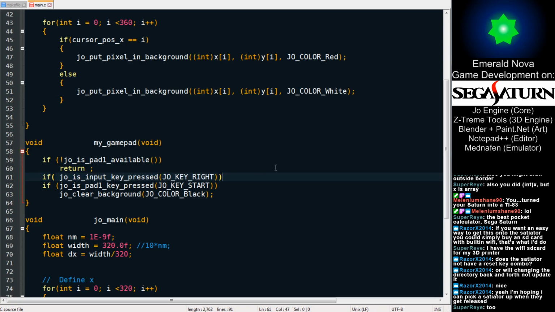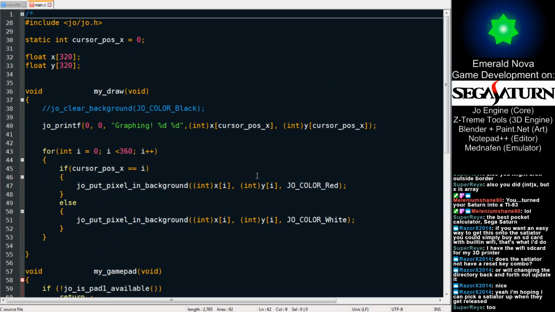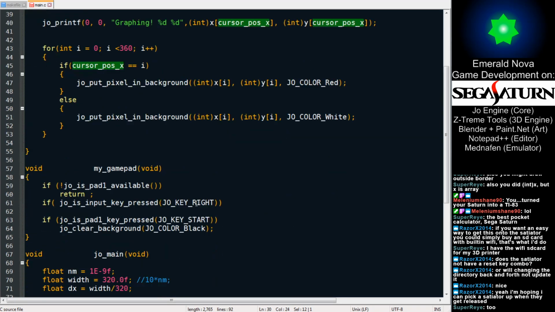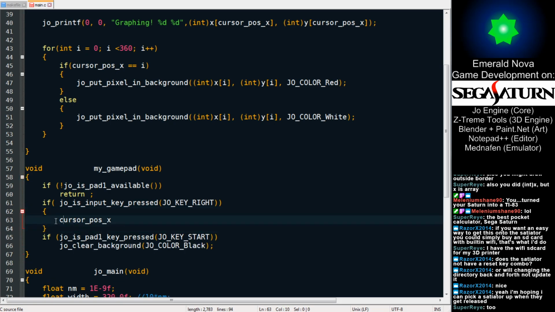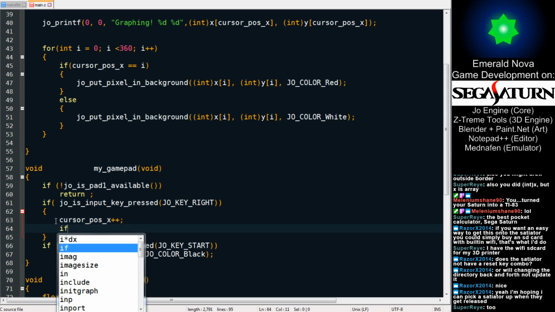There we go. And I'll do cursor position equal to cursor position plus plus, and do an additional